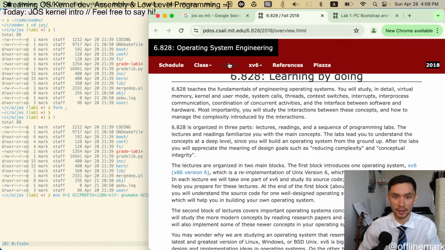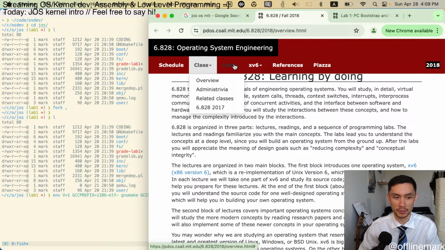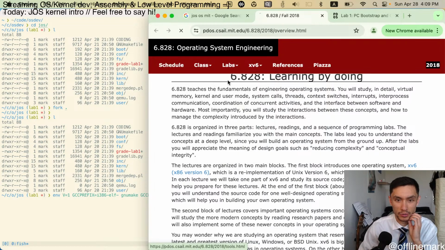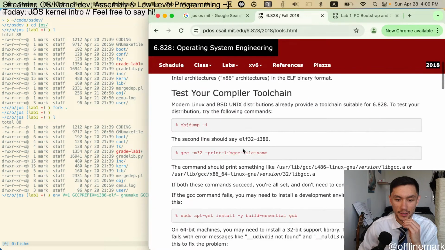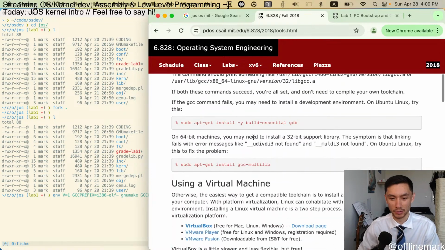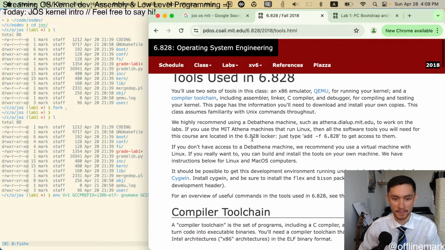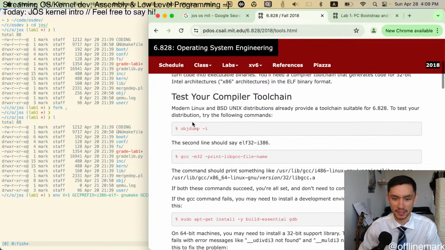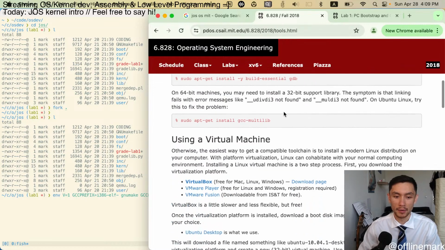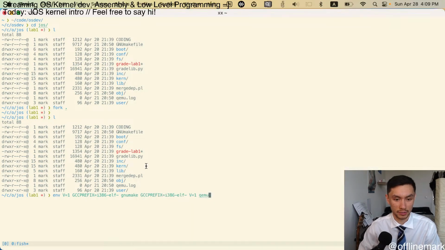Just real quick, this is a pretty useful website. There's all these tools and stuff like that. I was a little bit worried about the tool chain. The tool chain can be very fiddly, like, where do I even get a tool chain? But luckily I was able to